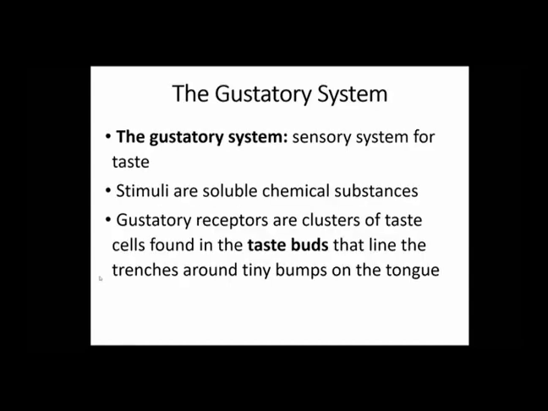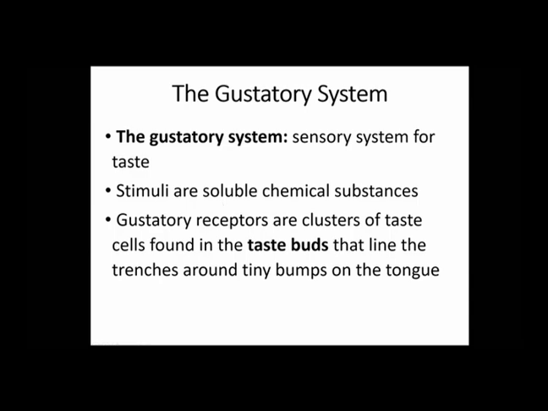As per usual, we can start by talking about what our stimulus is in terms of this system. We've said that our gustatory system is our sensory system for taste, and here our stimuli are soluble chemical substances. Chemical substances just means anything that is made up of molecules. Anything that we're eating is going to have quite a few of these soluble chemical substances. And when we say soluble, we basically just mean that it can dissolve in our saliva